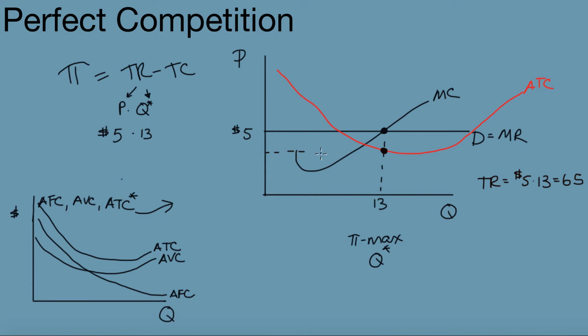Now that we have the average total cost at $3.50, we know that per unit it's costing them $3.50. So we'll say total cost is $3.50 times 13 units, which is 45.5